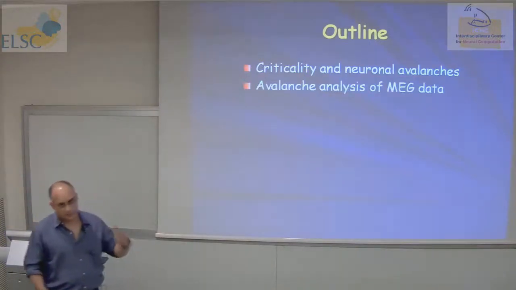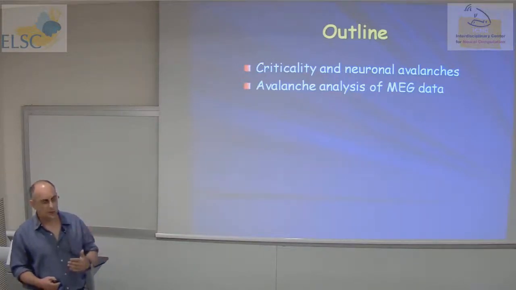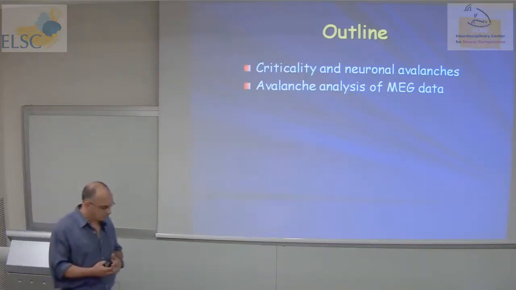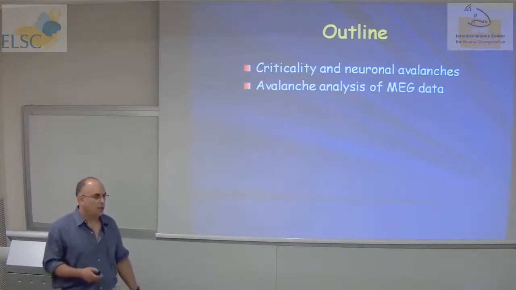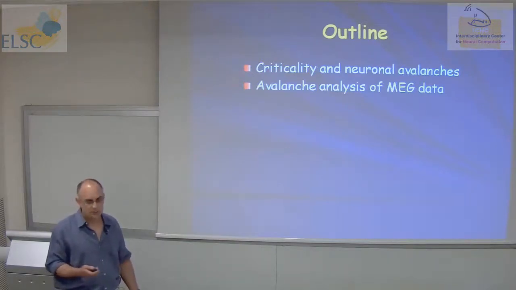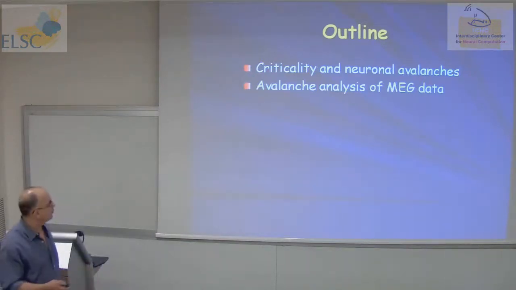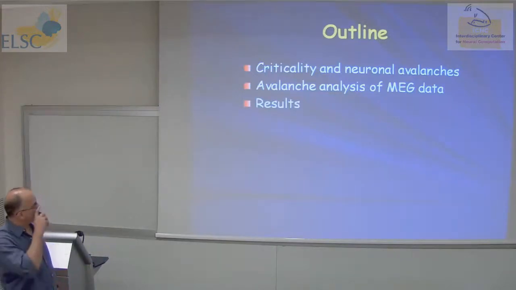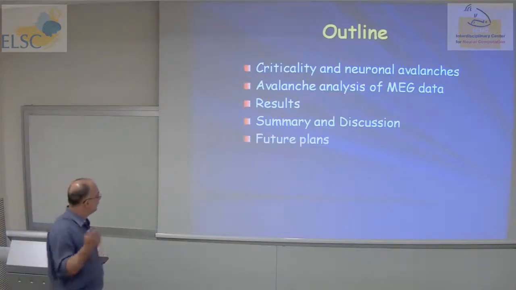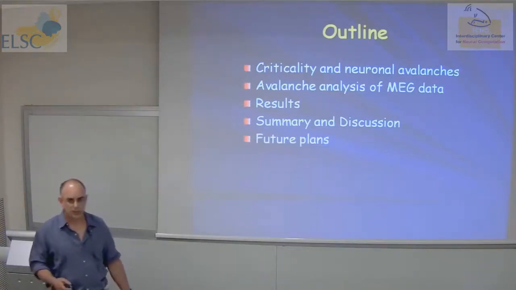Then I will explain the recipe, how we do the avalanche analysis, so it will be very clear. And I guess that after this part, you will all be able to apply it to your own data. Local field potentials, EEG, MEG. There are even some works on avalanches in fMRI, but I'm more critical about them. But spiking data also. So it's not a hard analysis, and it can give some insights. I hope I'll convince you. But I will describe it in the context of MEG, show you the results, and then just summary and discussion. And I hope I'll have time to tell you a bit about the future plans.